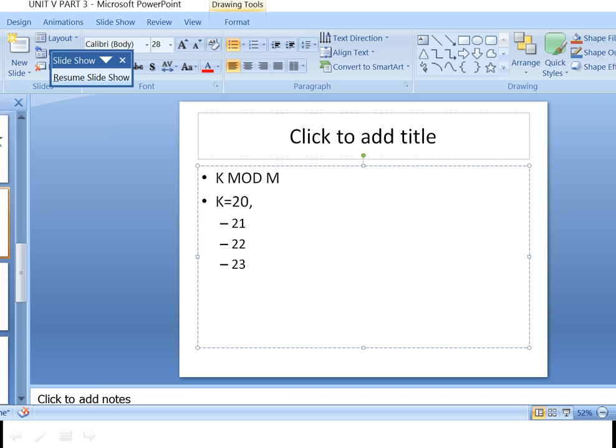These are my marks. Now what is the hash function? This is my hash function, h of k is equal to k mod m. In this case, the result is my bucket value. K mod m will give me the bucket number.